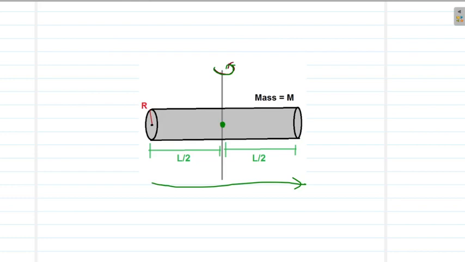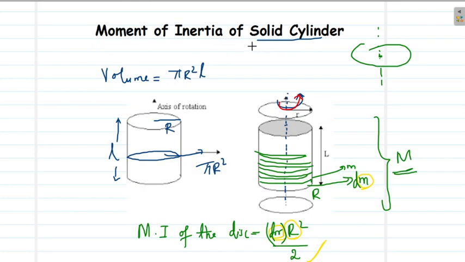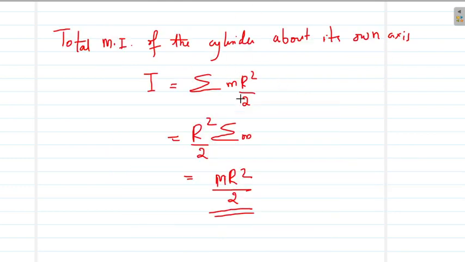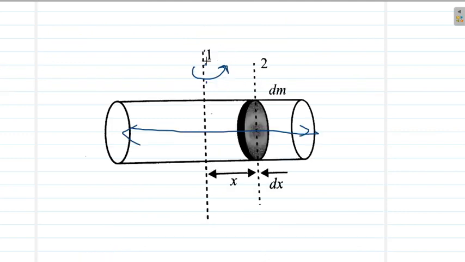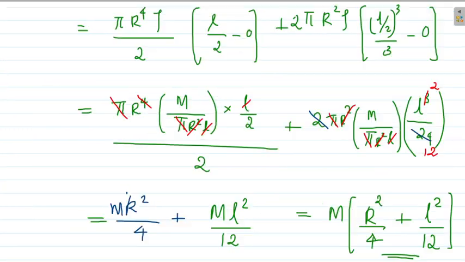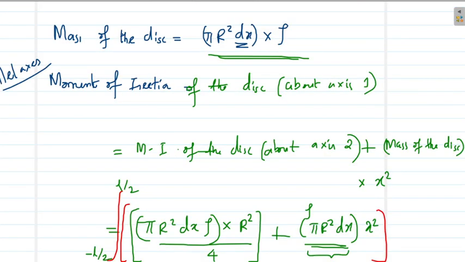So in this particular case, we calculated two moments of inertia. First, we calculated the moment of inertia of the cylinder about its own axis, which is simply the same equation as that of a disk, m r square by 2. And in the second case, we calculated the moment of inertia through this axis as indicated in the figure, and it is given by this second equation. I hope the calculation of the moment of inertia of a solid cylinder is clear for you. We calculated two different moment of inertia values, and from these two values, you can calculate the moment of inertia of the same cylinder about a number of other axes.